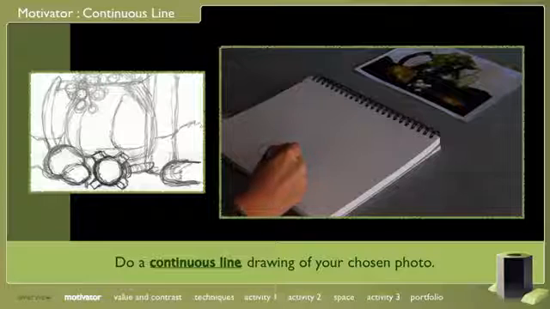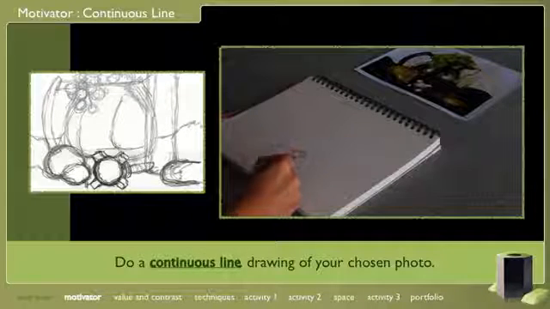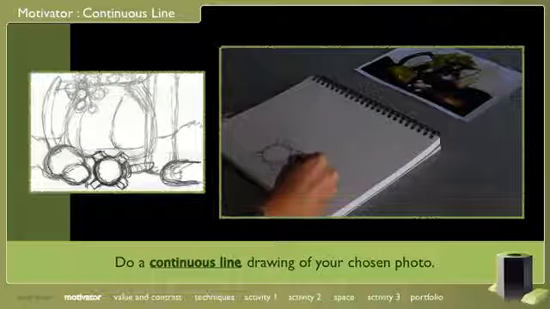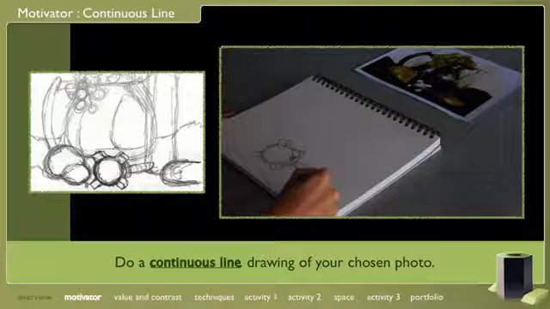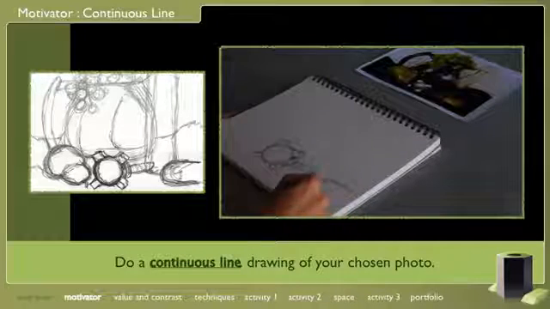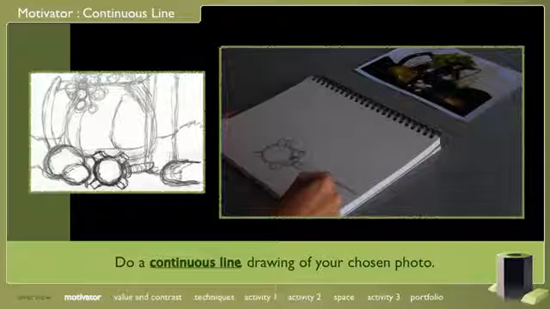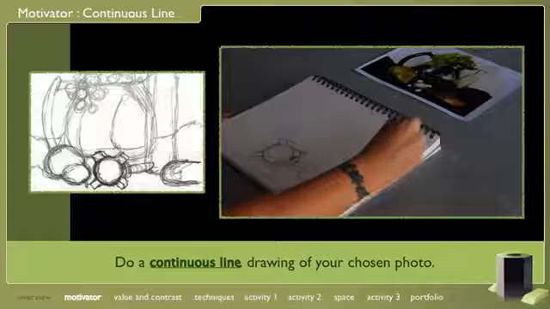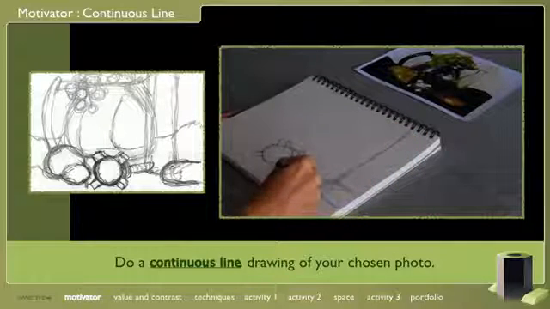Place your graphite on paper and begin to draw a line that shows the edges of the largest object in the photograph, or the closest one to the viewer. This line should be free-flowing and should show the connection of all the objects as well as the space between them. Do not lift the pencil until the drawing is complete. If you accidentally lift your pencil, start over with a new drawing.